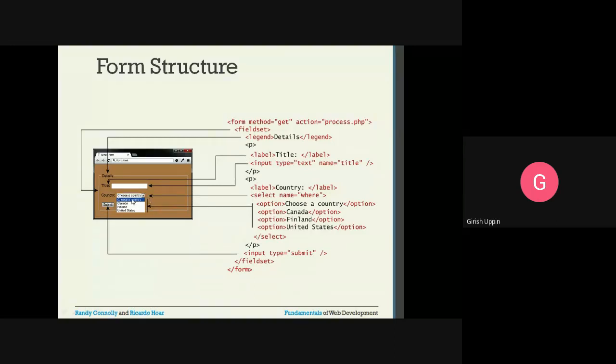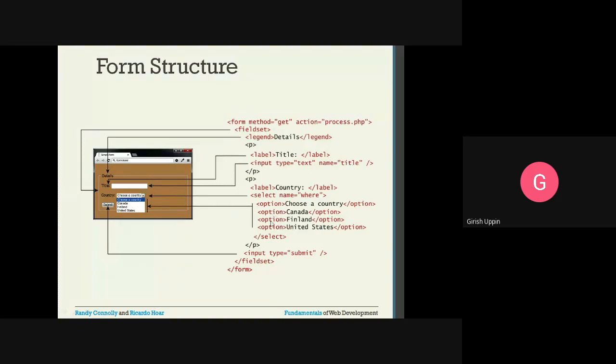Next we have the country label. Then we have an option list. We have a drop down here, and there is a list of different values. You can select those values. How is that done? Using the select and using the options. The name of this particular control is title.